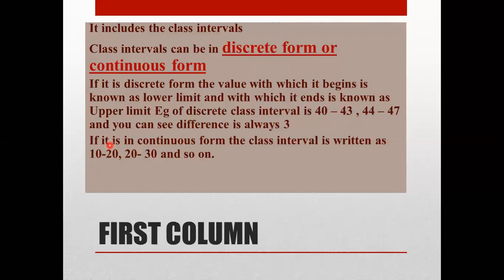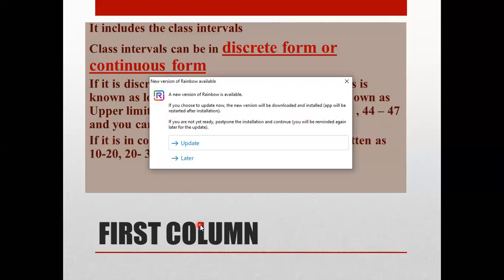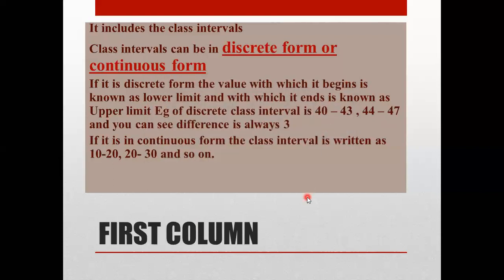If it is the individual data or the ungrouped frequency distribution table, in the first column, whatever data you have collected, if it is a score or the age, it will be in the individual form. But when you are writing it in the group form, you are going to write the heading class interval. And after that, you are going to write the class interval where the difference will be the same, first thing. And there are two forms.